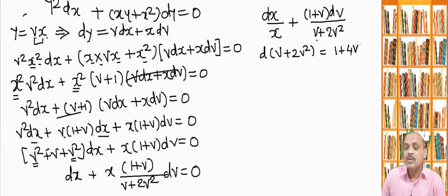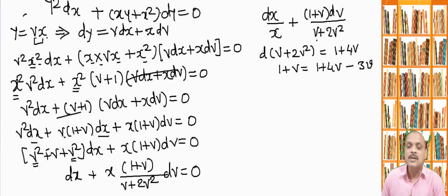Now we have 1 but we do not have 4v. So we need 4v but we have only 1v. So we write this 1 plus v equal to 1 plus 4v minus 3v. Okay, or instead of doing this,